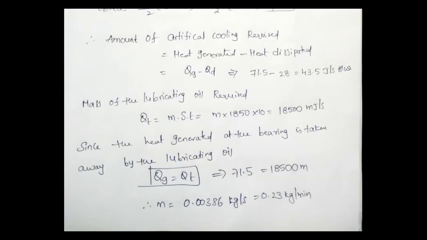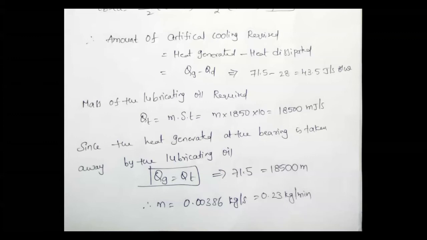But just because you have a data book, you should not pick every value from it. Suppose you observe the coefficient of friction, Zn by P. You didn't pick the Zn by P value from the data book. Why? Because the Z value is known, the N value is known, and the P value is known. Then what is the use of going to the data book? If it is a design problem like your previous one, then you go to the data book in order to verify whether your design is correct or not.